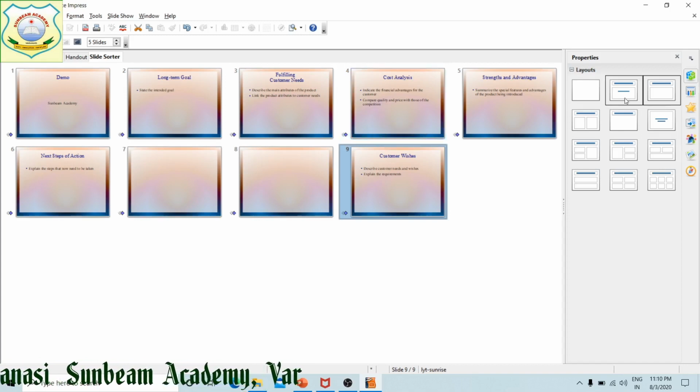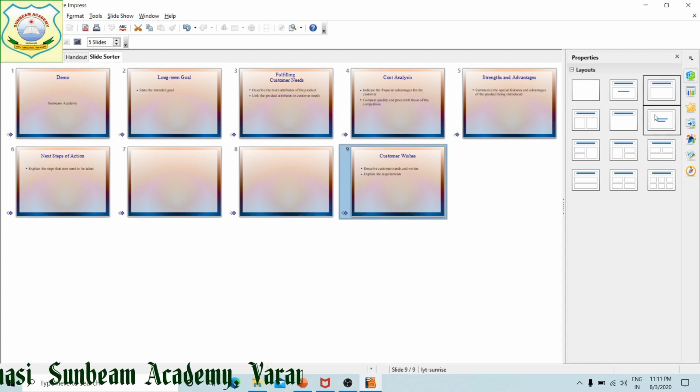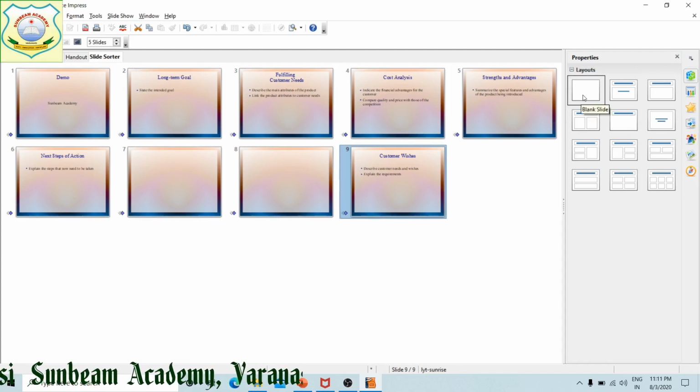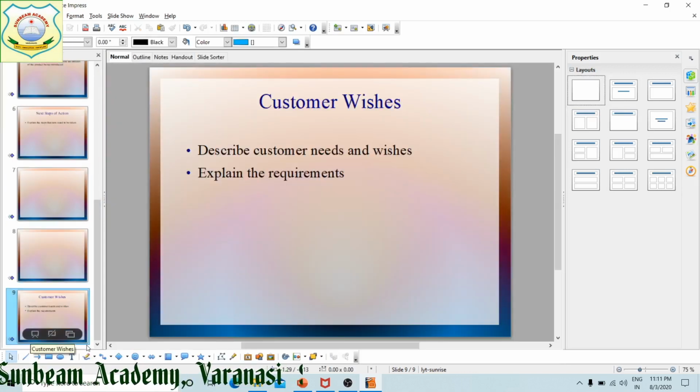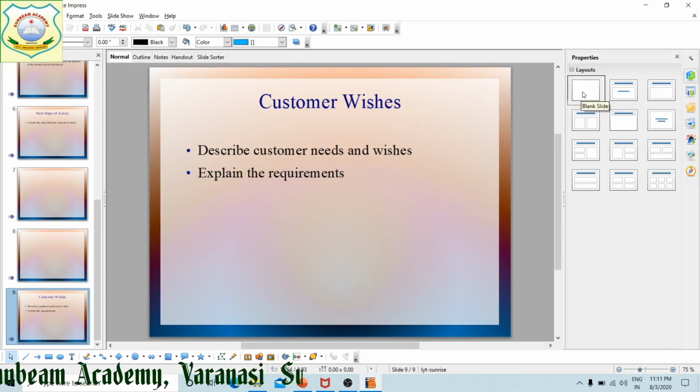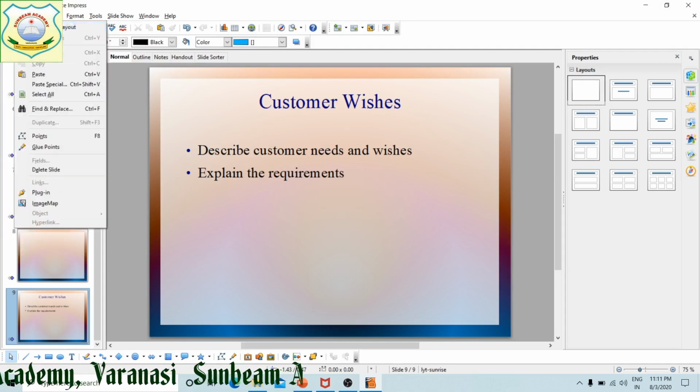Layouts you can see here. There are different layouts. The first one is blank slide, right? I'm moving towards the normal one. After this, this is blank slide. Blank slide means this will not have anything. I'm showing you, using a new presentation.